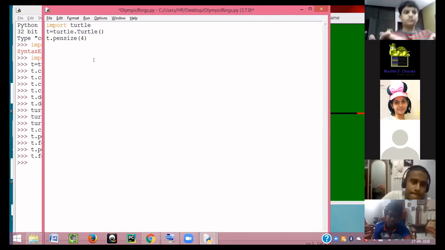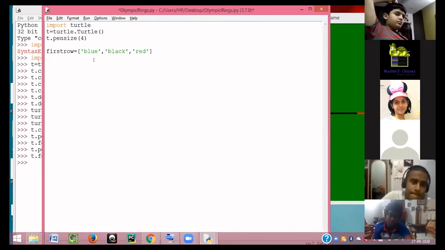So let's say I want to make this variable called first row, and I will give this value as, I'll tell you how to do this, blue, and the next color is black, and then the next color is red. Blue, black, and red. After that, I'll run a loop.